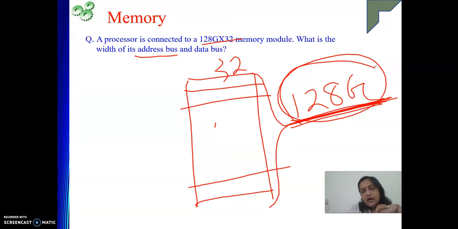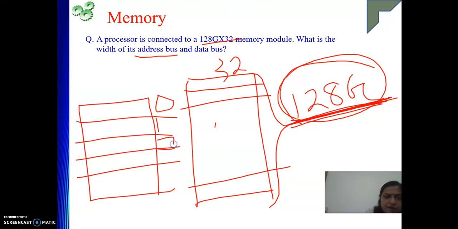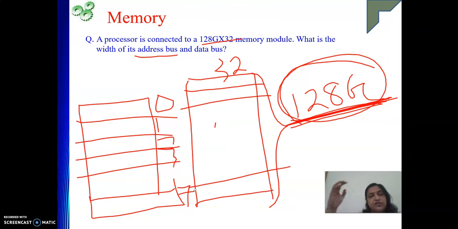So see how it is done. You know one small example, right? See, you know this example. Suppose in your class total 8 number of benches are there. And see, 0, 1, 2, 3, 4, 5, 6, 7 are the bench numbers. I want to talk to some students sitting in a particular bench, so I'll be telling bench number 2, bench number 3 like that. This is my decimal number system.